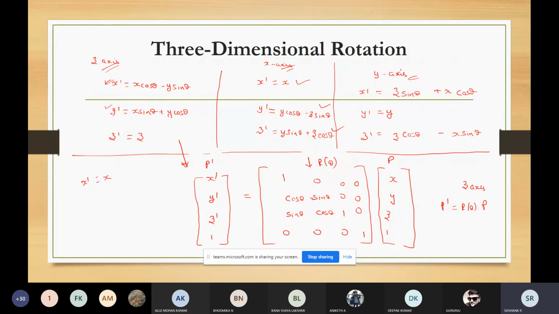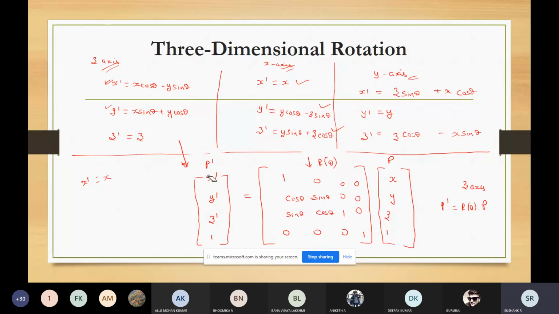So we should make some changes. X into cos theta minus y into sin theta. No, no, no. This is not the way. Okay, for this also z, so z is x into sin theta plus y into cos theta. No, so this formula doesn't work. Not only here, you even need to change some values here. Then only you can get the matrix.